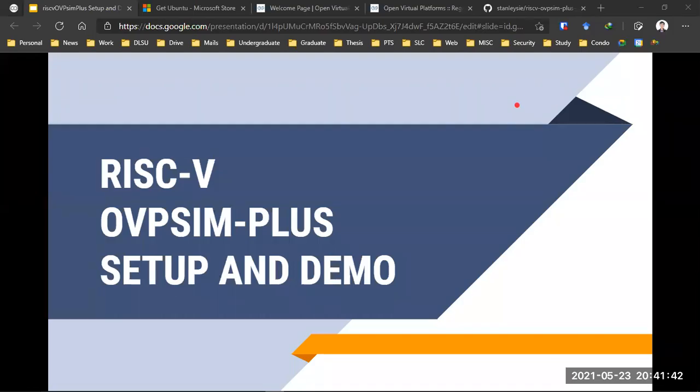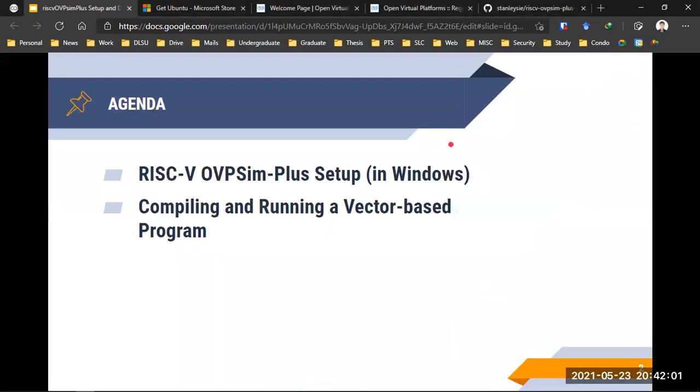So hello, in this tutorial we'll be looking into how we can set up RISC-V OVPsim Plus and do a quick demo on how to compile and run a vector-based program on your machine. So our agenda will be the RISC-V OVPsim Plus setup in Windows, and also the compiling and running of